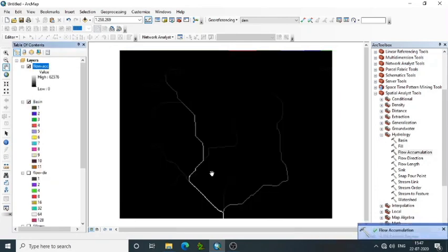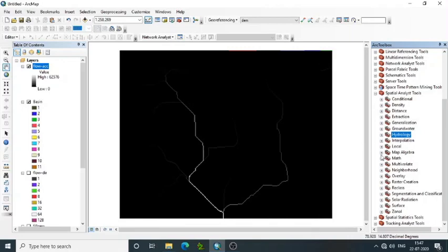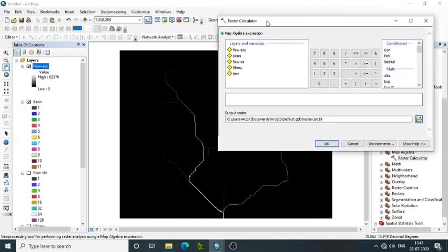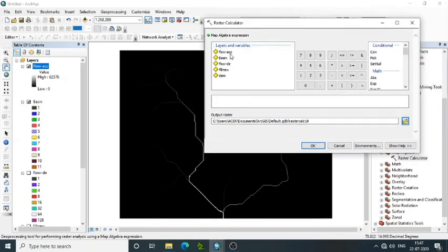We can identify flow accumulation map with the scale range, where we can see specific values with the grid data. Then we can calculate the raster by map algebra raster calculation, where we can assign the scale factor for flow accumulation to get the drainage value.